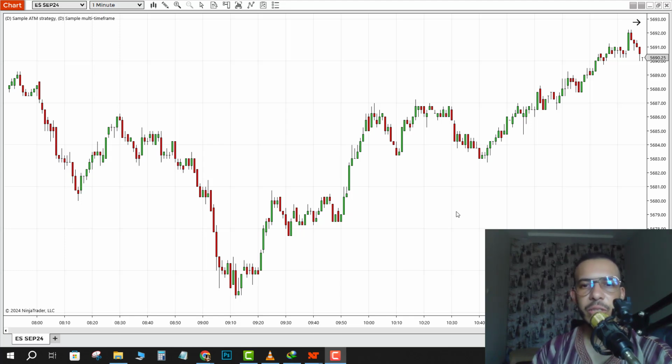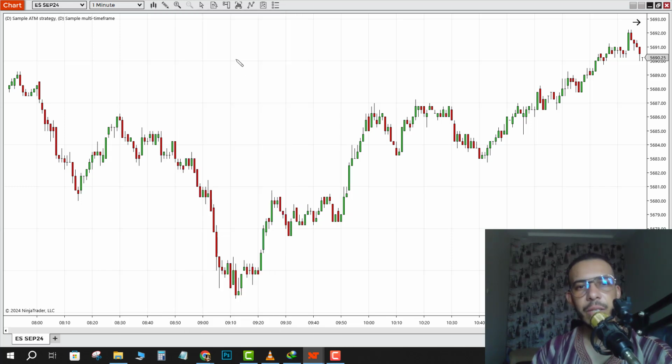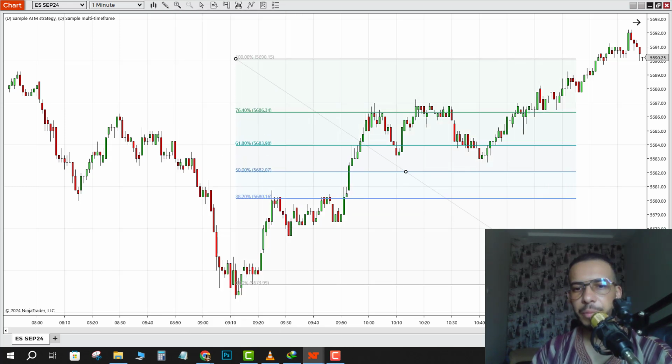First of all, open your NinjaTrader software, then go to the pen. Click on it and click on Fibonacci retracement. And as you can see here, this is my Fibonacci. And let's add another level. So let's say we will add the